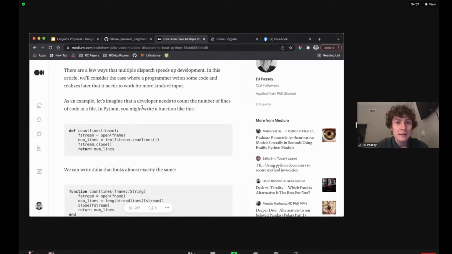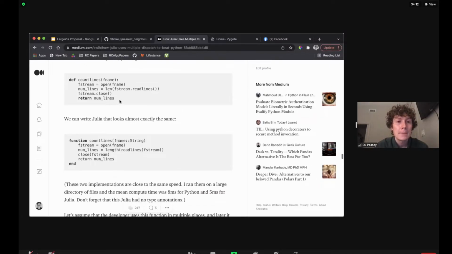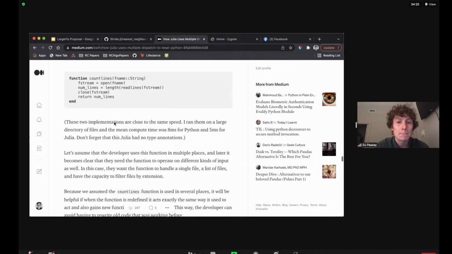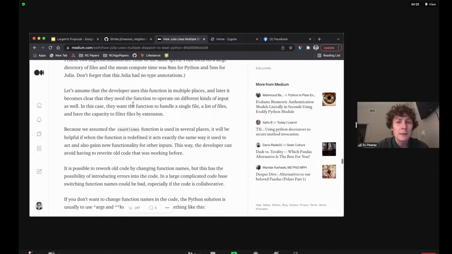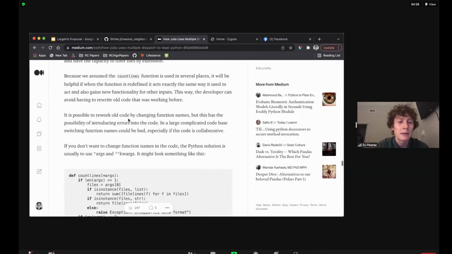So let's imagine that a developer wants to count the number of lines of code in a file. In Python, you might write something like this. Open the file, read the lines, close the stream, return the number of lines. In Julia, you can write code that looks about the same. And they are about similar in speed for a lot of files. I think I could have optimized this better, but I don't know. So anyway,